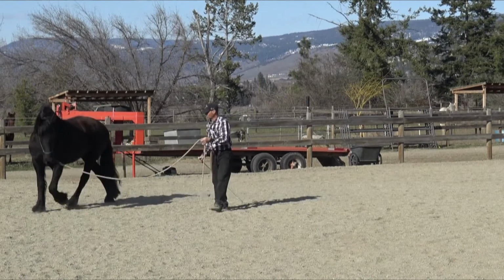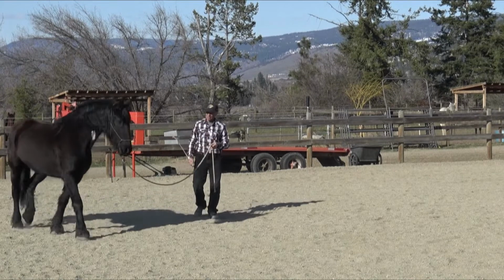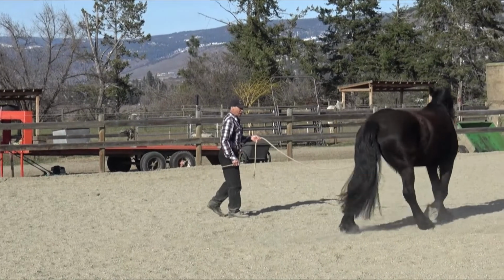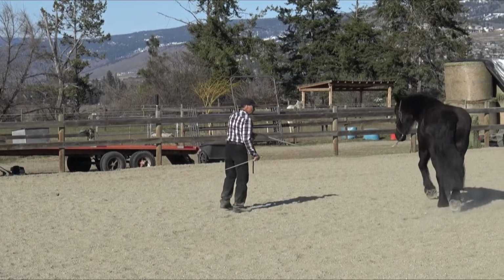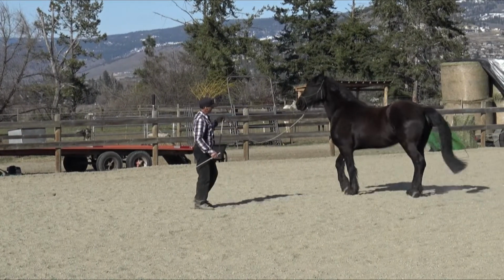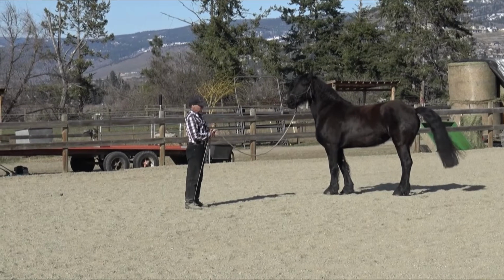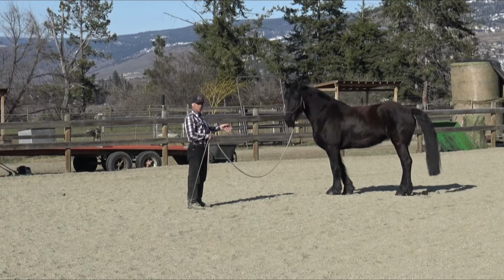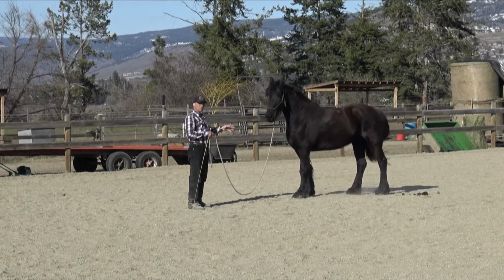and I ask her to do a circle, after practicing the shoulder in on a circle, her actual circle is going to have an improvement in it. So even when she did that circle right there, she was quite balanced. There was almost as much weight on the inside floor as there was the outside floor. The horse